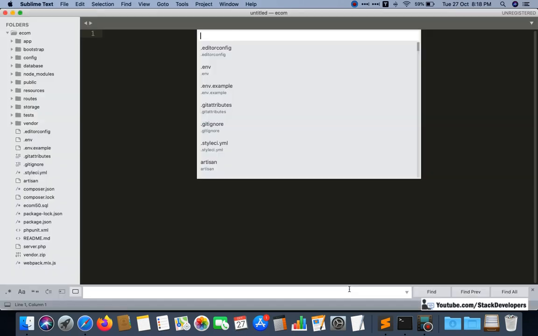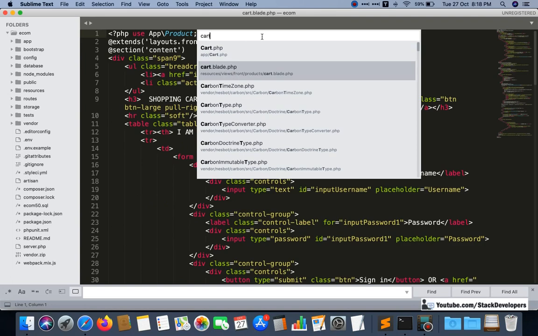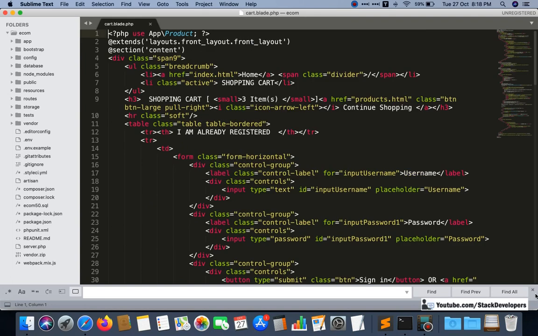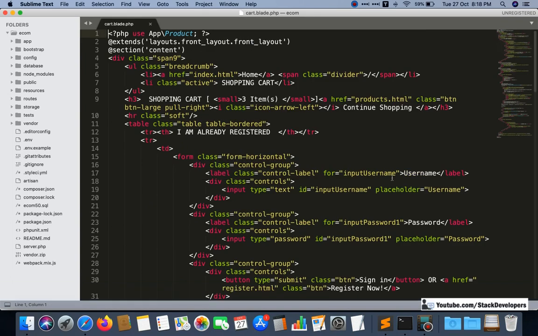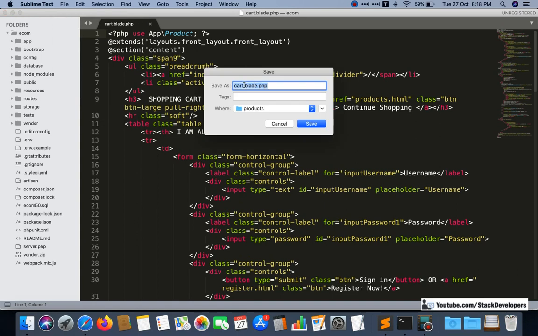So let's start. First of all, I am going to open the cart blade file. This is the cart blade file, but now we will make one more file and name it cart_items, and we'll place it in the same location under products. Cart underscore items, like this.